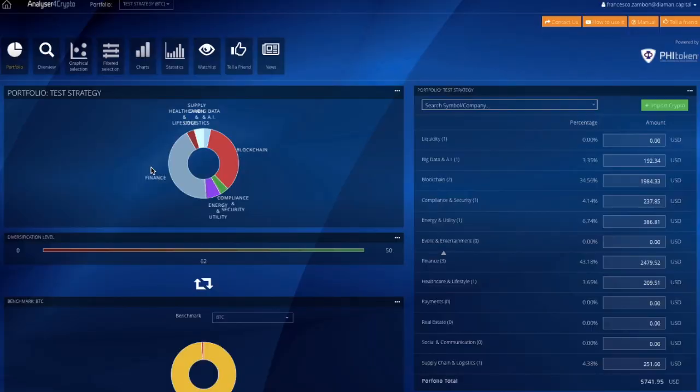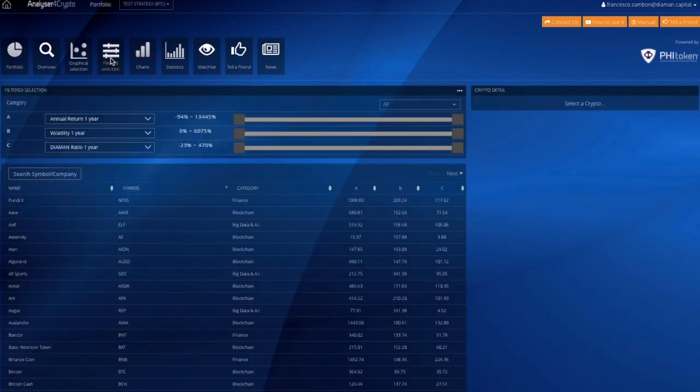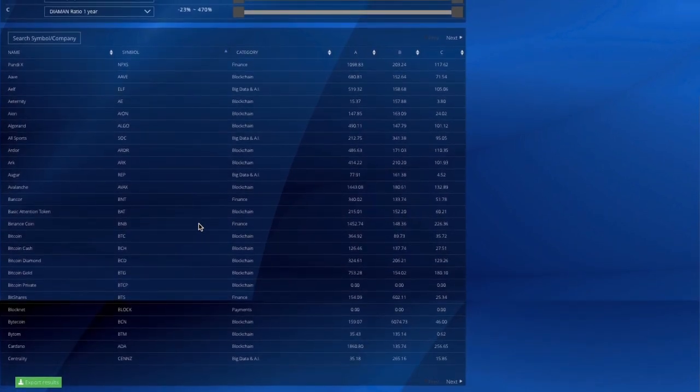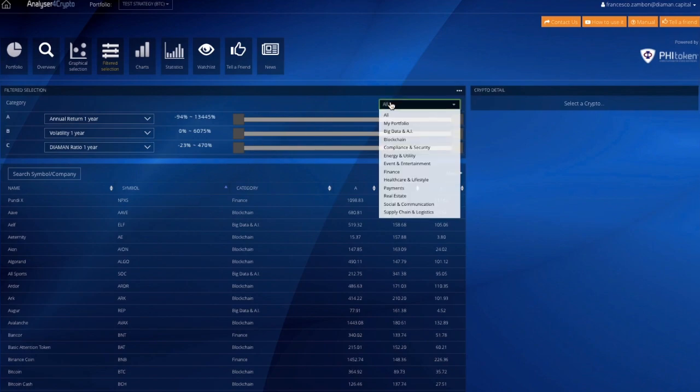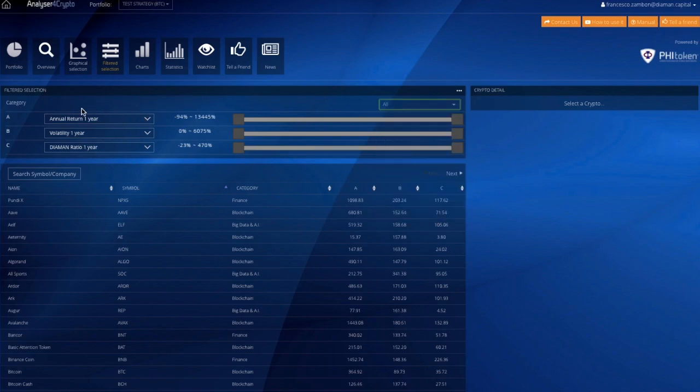Filter selection. To analyze and select the best cryptocurrencies, we have created a powerful selection tool called Filter Selection. By clicking on the appropriate button, you enter a section where there is the whole list of cryptocurrencies. You can optionally choose a specific category to analyze, and you have 3 indicators on which to apply a selection